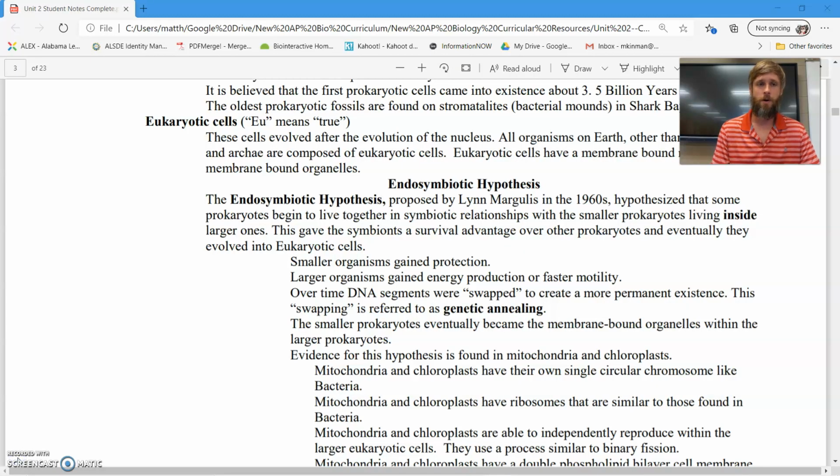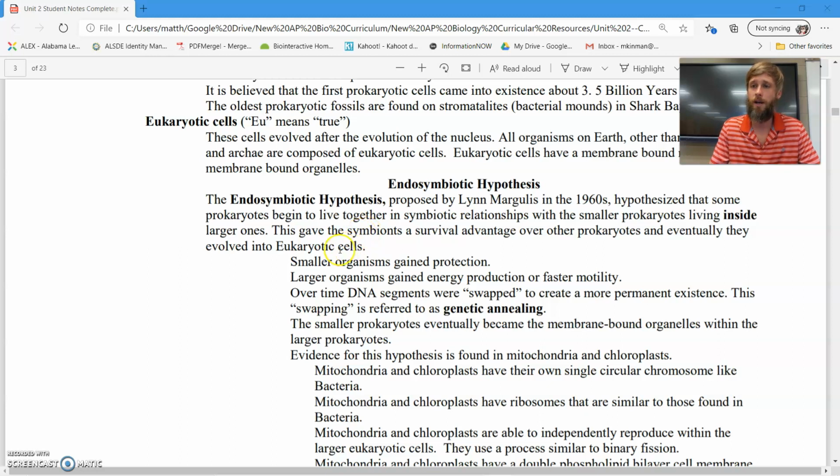So our next cell type are eukaryotic cells. Now remember, I said eu as in Y-O-U. Those of you are eukaryotic. But EU, the prefix, actually stands for true, as you see here in your notes. So what does that mean? True kary, which means nucleus, so true nucleus. So these types of cells have nuclei, and they also have many other membrane-bound organelles. In other words, structures inside that are contained within a membrane. So that is an important distinction to make because prokaryotic cells do not have organelles. They are smaller, simpler than eukaryotic cells.